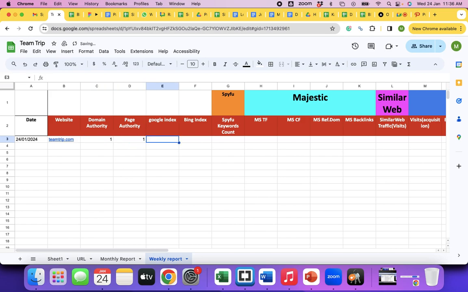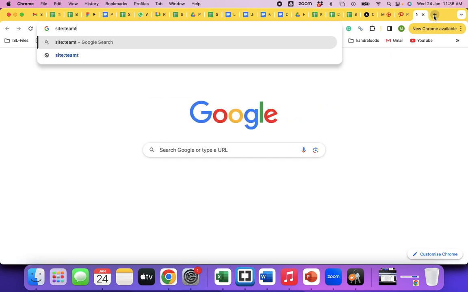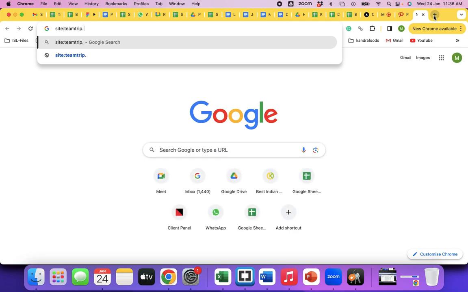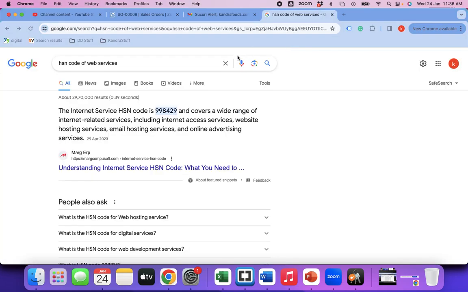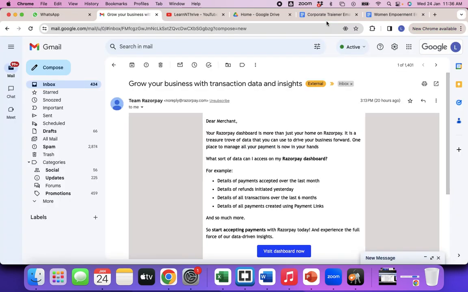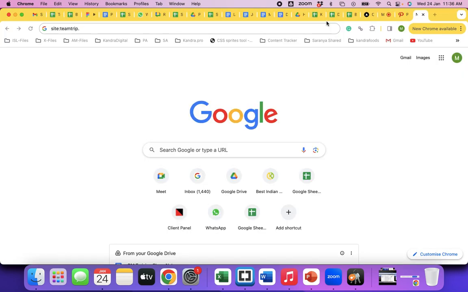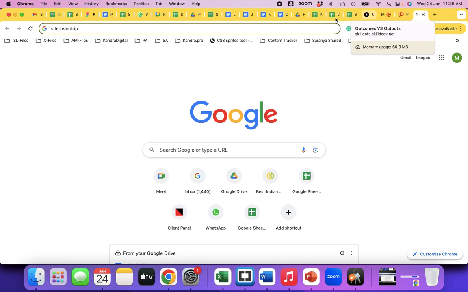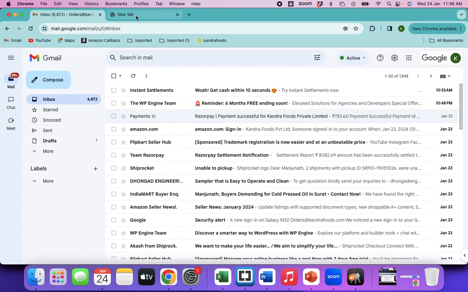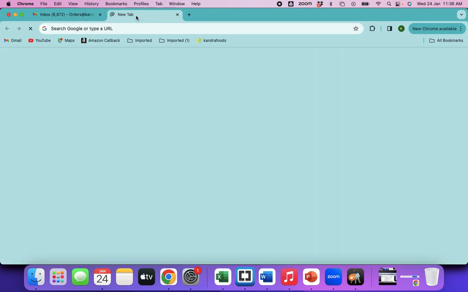Domain authority is one, page authority is one, Google index. So how do we check the Google index? We check it this way: site colon teamtrips dot. Oh, it's not dot com. I guess it's some dot co dot in.